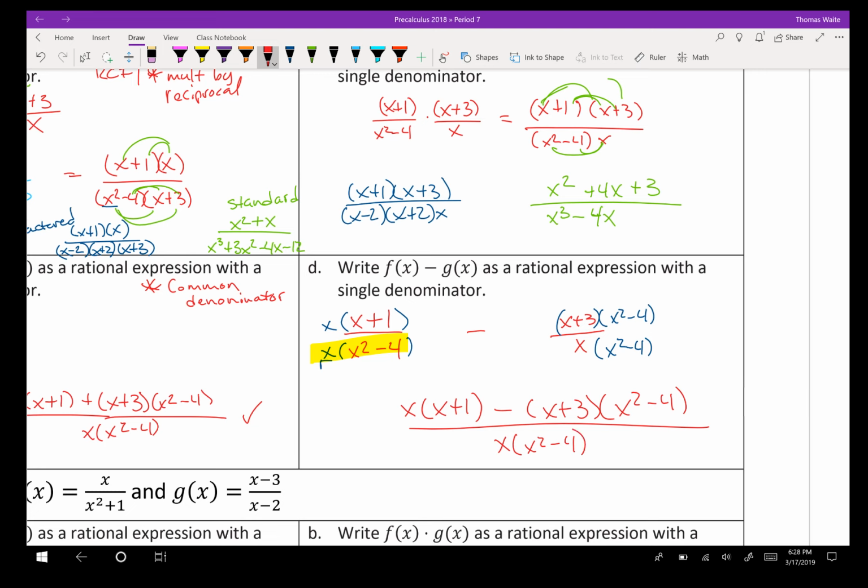Since we have a little time here before the end, I'm going to just multiply this through to show us how we could. This will leave us with x squared plus x, so I'm just going to replace it. x squared plus x. Over here, this is going to give me a bunch of terms. It's going to give me x to the third